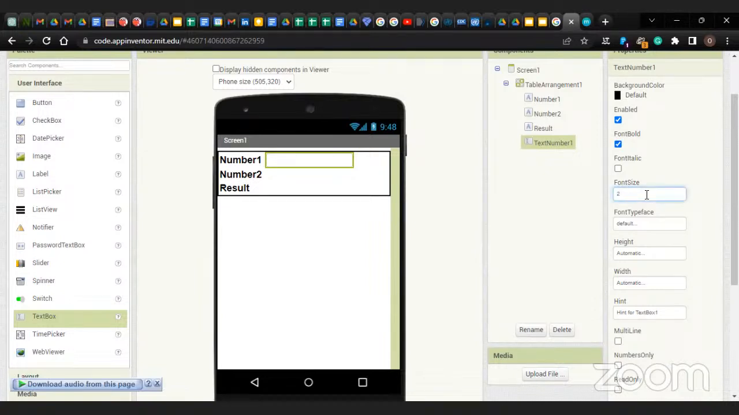So we're not renaming the text. We're not doing that here. So these are the only 2 things we're doing on the property section for my text box. So I'll do the same thing for number 2 and results. That means I'll need to drag out 2